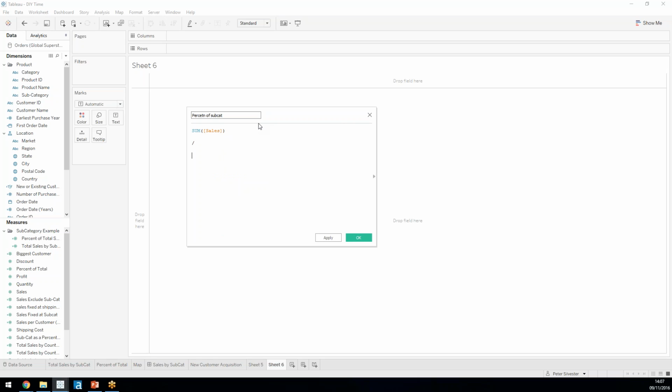But then if we do sum of, what was it called? Sales fixed at subcat. So that sum of sales fixed at subcat will always be fixed at that level we want it to be at. So no matter what we change in the filter, that won't change. So if we OK that,